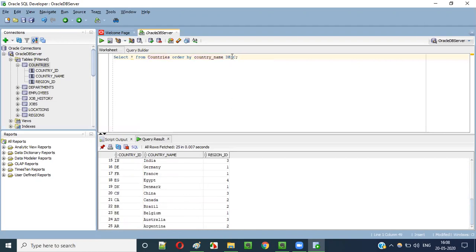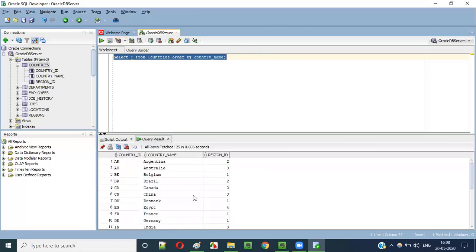Now, what if I don't provide either ASC or DESC? What will happen? So ORDER BY column name, but I'm not specifying whether it is ascending or descending order. By default, if you don't specify any order, it will be ascending order, guys. So this is the same as ASC. If you provide ASC, it will sort the records in ascending order of country name, but if you don't provide it also, by default it is ascending. Run this. You see, all the records got sorted according to the ascending order of country name. So by default it is ASC.